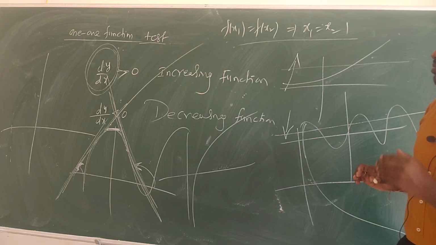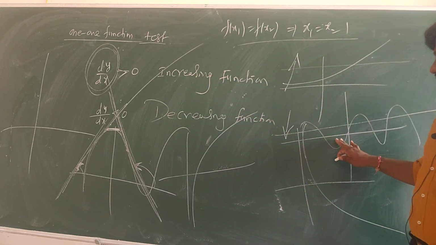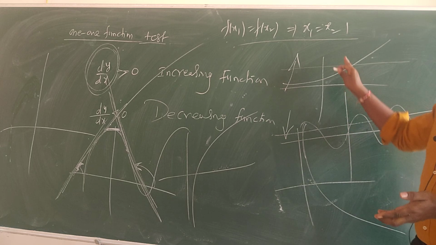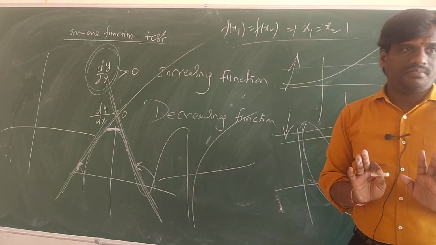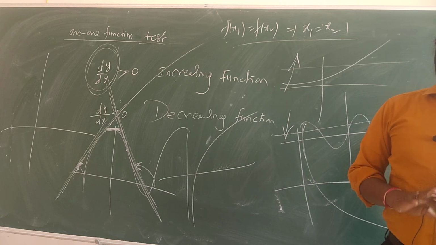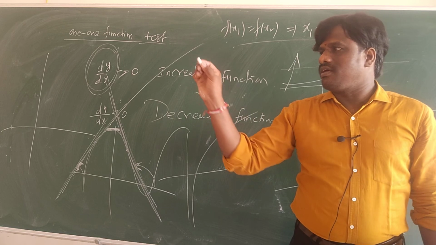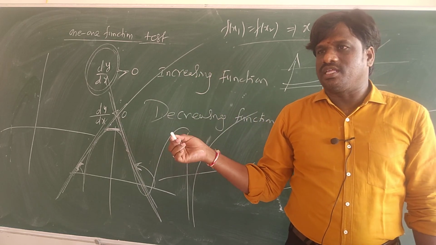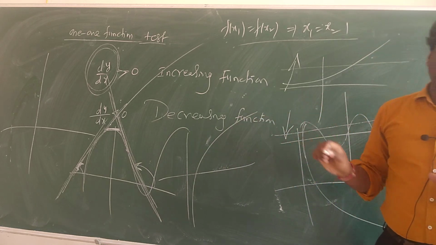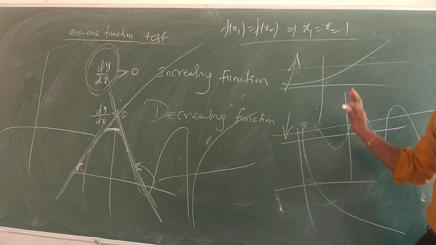Sometimes by seeing the question, we feel this is easier. Sometimes we feel this will be easy. Sometimes we can do it this way. Any method, the result is the same. Because in JEE they will give you a question and options will be there, like 1, 1, or 2. So you should know all these 3 methods. If you want to know whether a given function is 1, 1 or not, we can use these 3 tests. Understood? Clear?